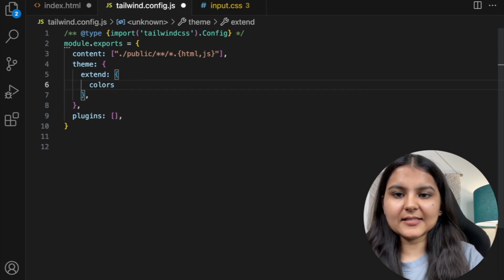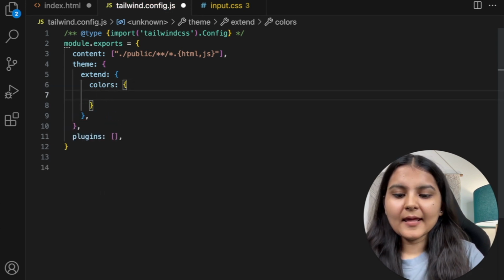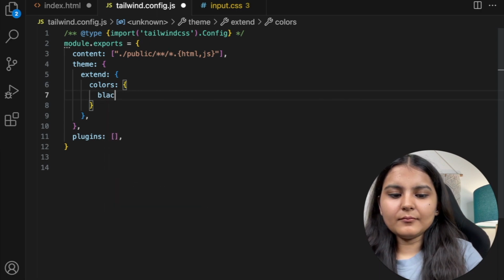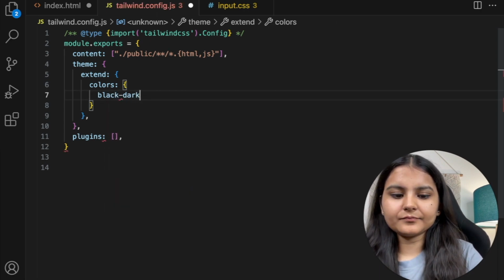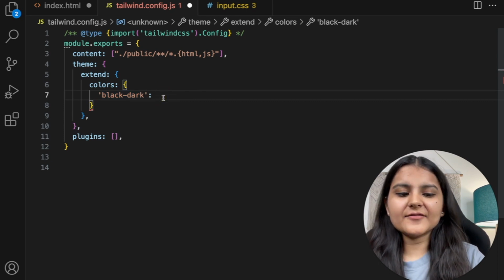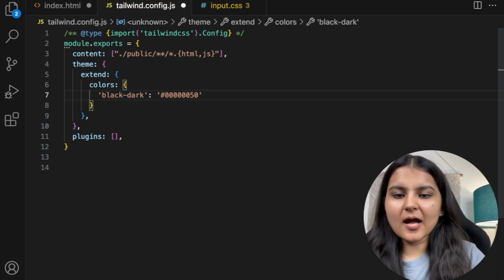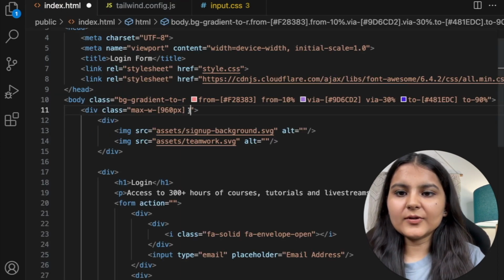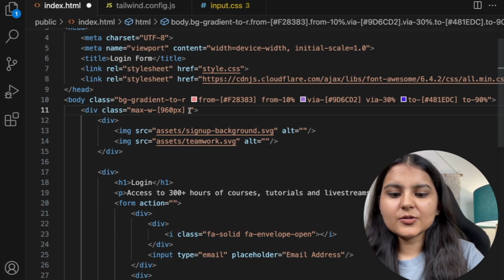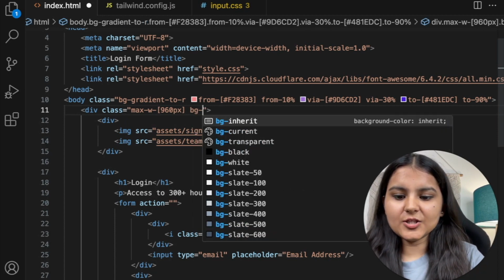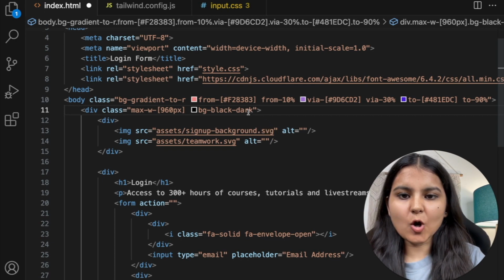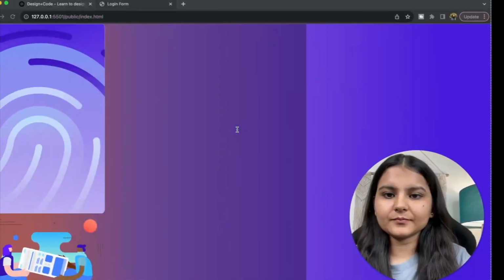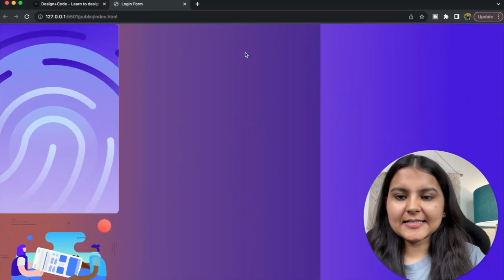So I'm going to specify this colors and call it, say, black dark. It's going to be very similar to black, but it's going to have some opacity. So it's going to have opacity of 50 and save. So in our index.html, now you would see that this color would be available. So I will write bg of black dark. You can see this option is now available and save. Okay, now we can see that this wrapper is there and there is a maximum width that is given to it,